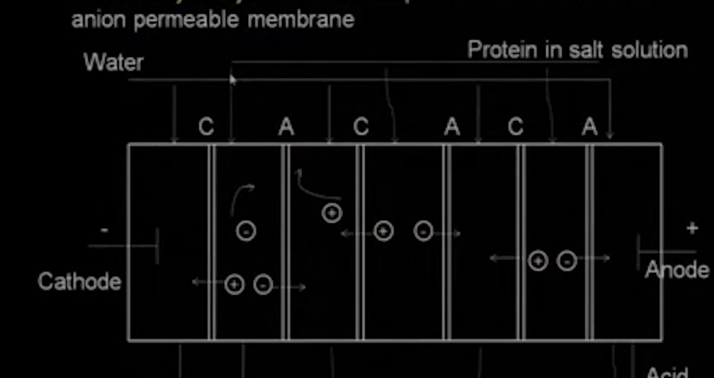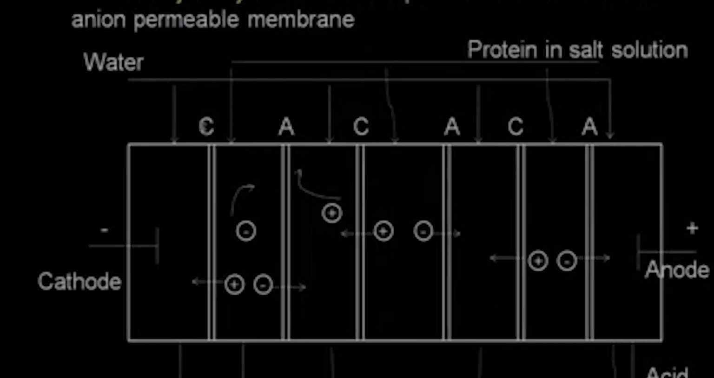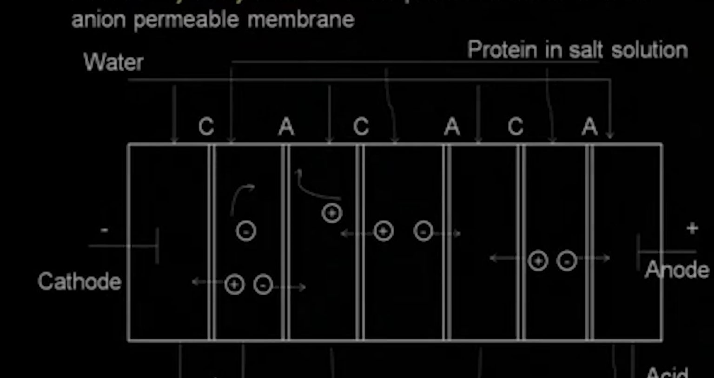So that protein can be recovered in water. Now suppose I have a protein in salt solution, and then I am passing water. So water is passed into alternate chambers, protein is passed into alternate chambers. Now you are applying a very large voltage, and then you have anion selective membranes, cation selective membranes alternatively. What will happen? Look here,